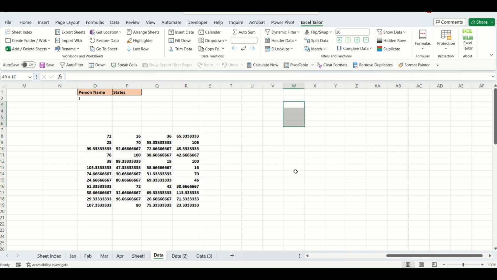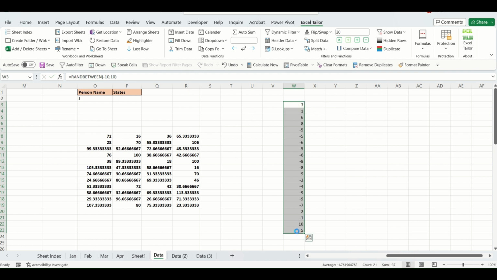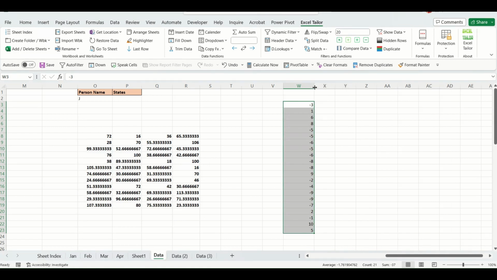So what we will do, let's put some random numbers between -10 and +10, like this, right? I have copy and pasted these as values. Okay, so you can see, these are some random numbers, and I want to find out the matching positive and